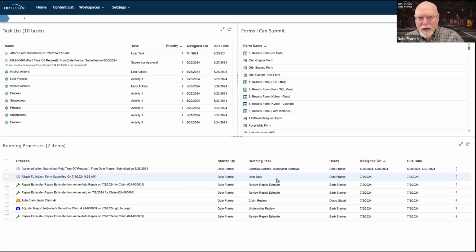Do I want to give users a standard base UI in a workspace that gives them access to the most important things that they need, which is largely access to their task list and access to forms that they can submit? Those are the two things users need more than anything else in the world: their task list and the things that they can submit. And beyond that, how complicated do I want their user experience to be?